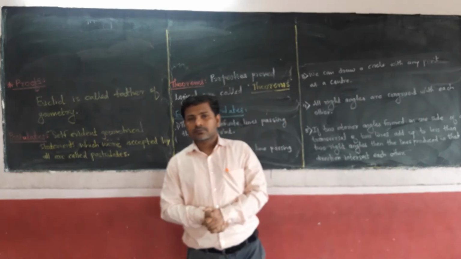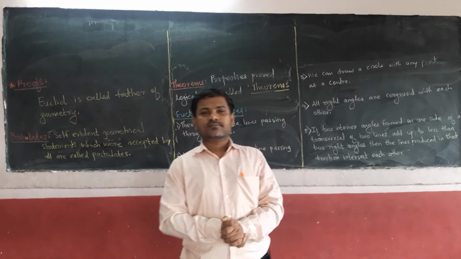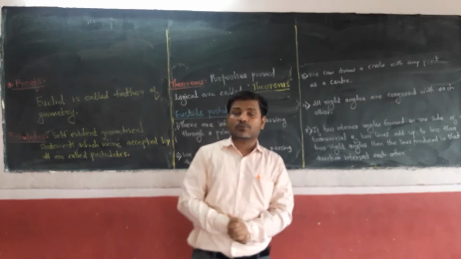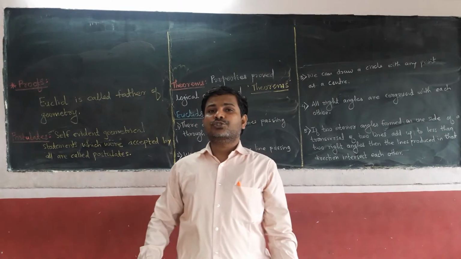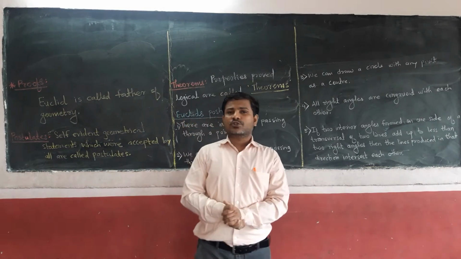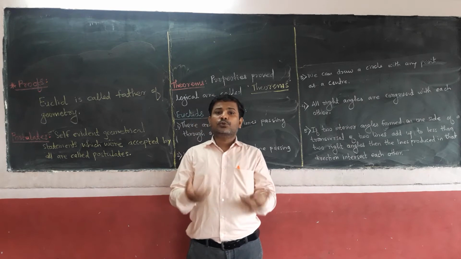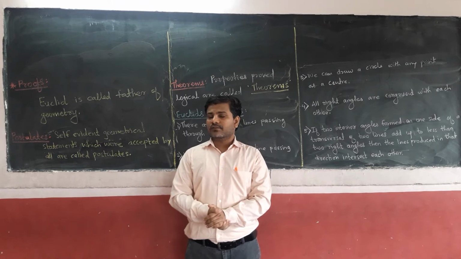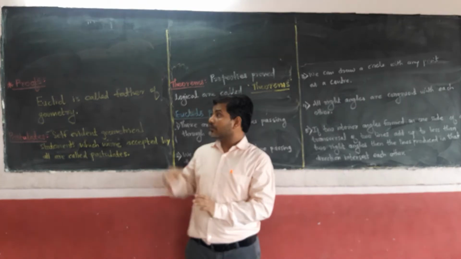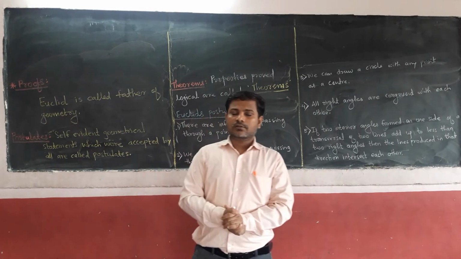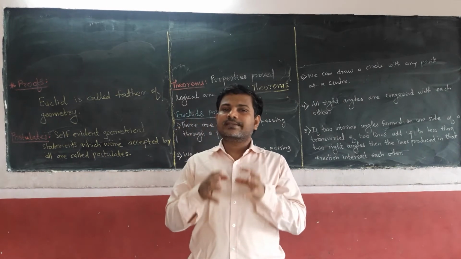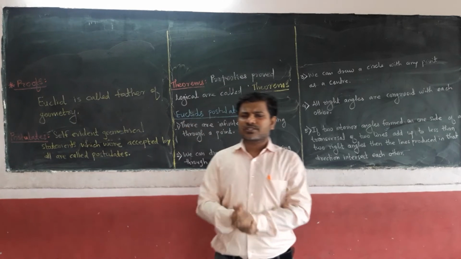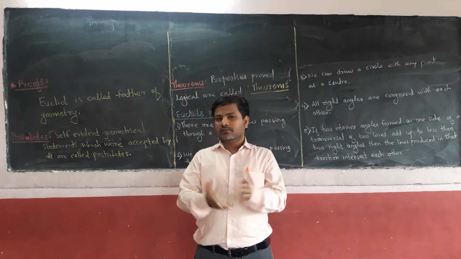Do you know who is the father of geometry? Yes, the father of geometry is Euclid. In the 3rd century, he put forth the concepts of the different types of postulates. He proved them logically, and he put forth the concept of geometry in front of the whole world. His book is named Elements. In that book, he has written a lot of information about geometry. He developed different branches of mathematics and proved them logically.